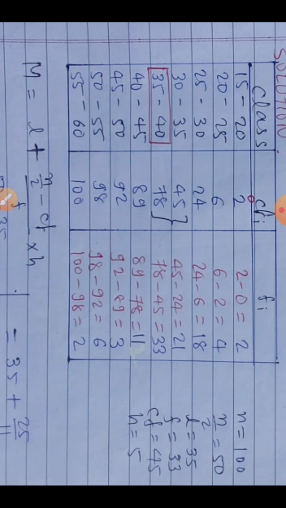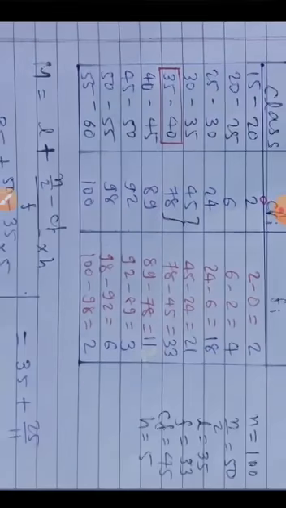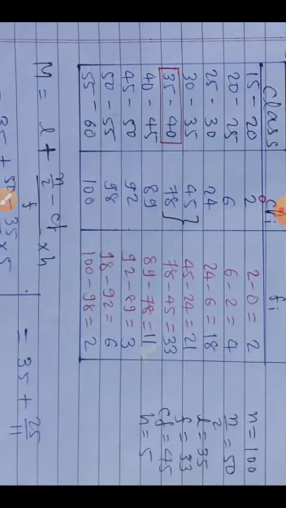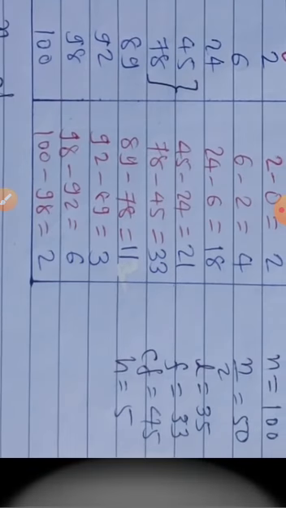Now you have to prepare a list. Most of the data comes from the row of the median class. Only CF will come from the preceding class. So now concentrate on that row 35 to 40. L is equal to 35, F equal to 33, class size is 5. And CF is 45, not 78. Why? Because according to the rule, CF is taken from the previous class. So the list is ready here.